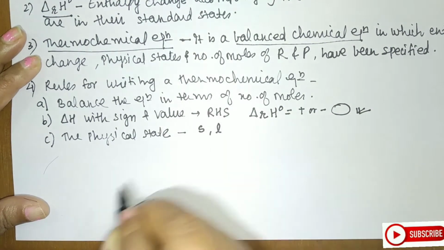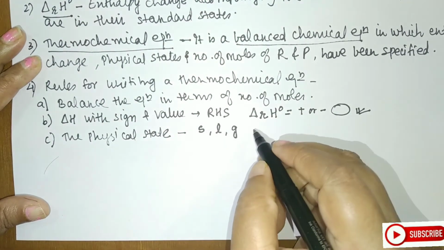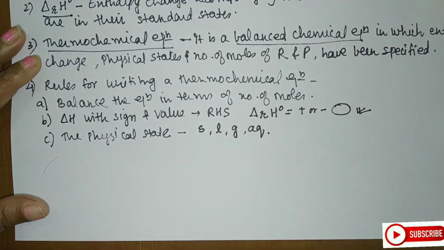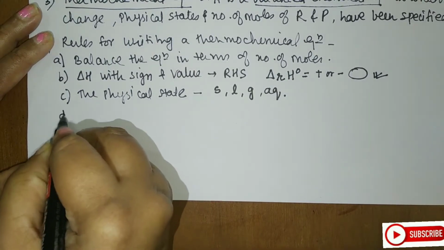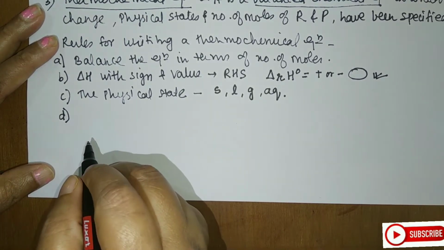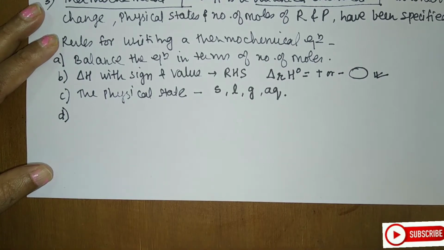For liquid we write this, and for gaseous we write this. If the reactants or the products are in the aqueous form, then we write AQ for this. So the physical state of reactants and products must be specified by those letters. The next rule here is: the given value of the standard enthalpy of reaction indicates that the forward reaction is